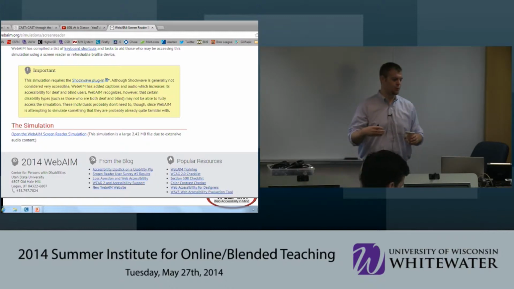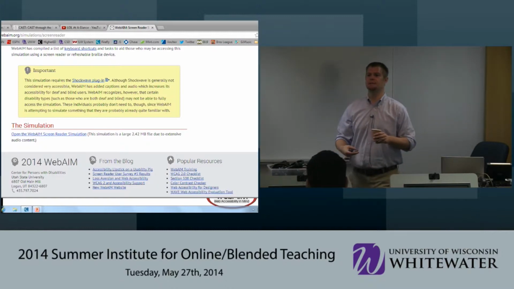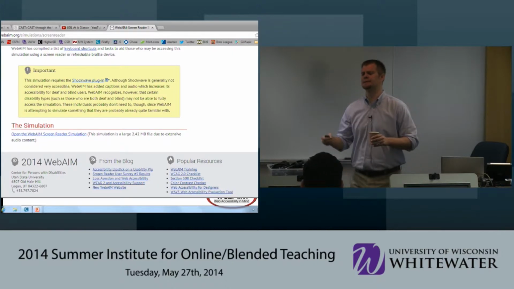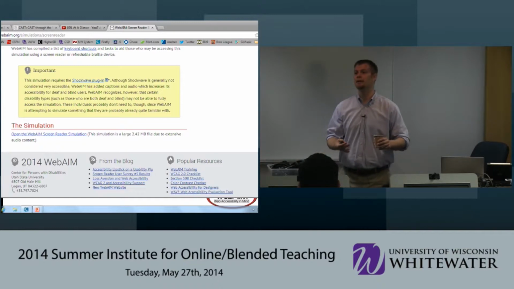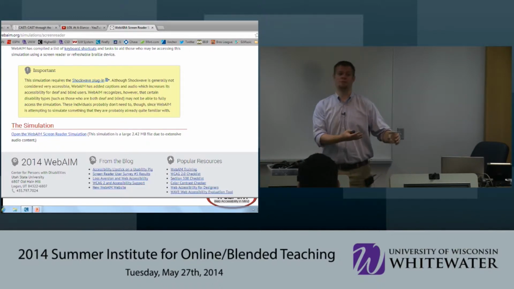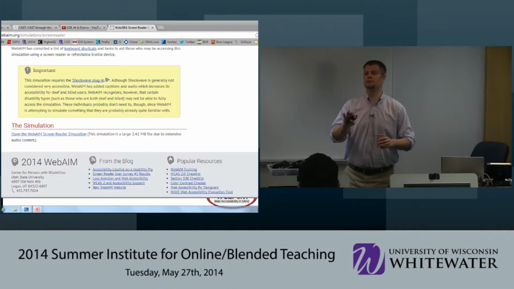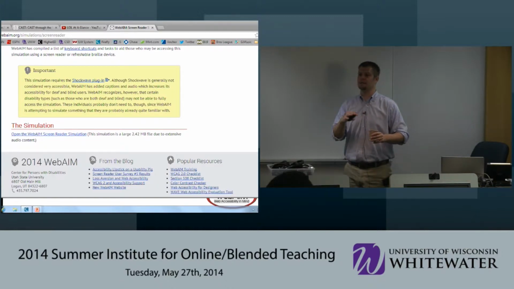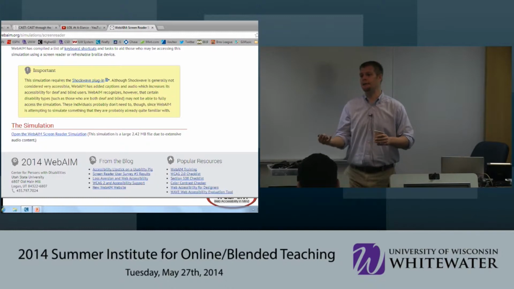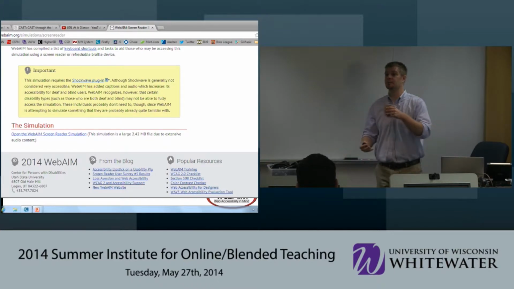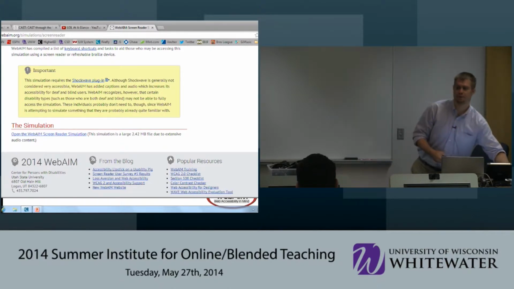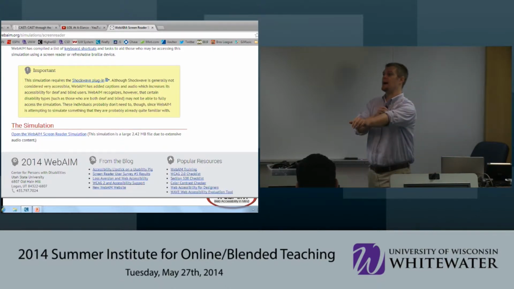But on the flip side, why this is important and why I wanted to show this is, if you're uploading documents to D2L, adding any type of material, and it's inaccessible, JAWS or any other screen reader won't be able to detect that. If you have a PDF that's untagged, it just shows up as an image, and it can't read an image. That's where the difficulty lies in making sure things are tagged or appropriately made accessible. And there's a plethora of resources on how to do that that we're going to provide you.